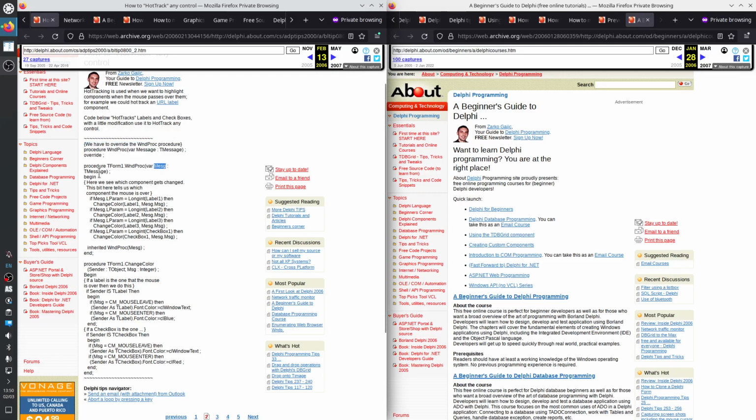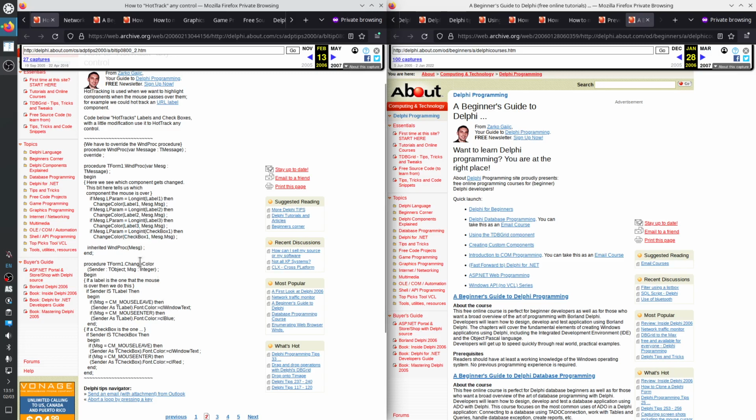And there's Msg which is of type TMessage. And this has two parameters, the LParam and the other one, the WParam. And when LParam is Label1, then it changes color of Label1, otherwise it changes color of Label2, Label3, or the checkbox.